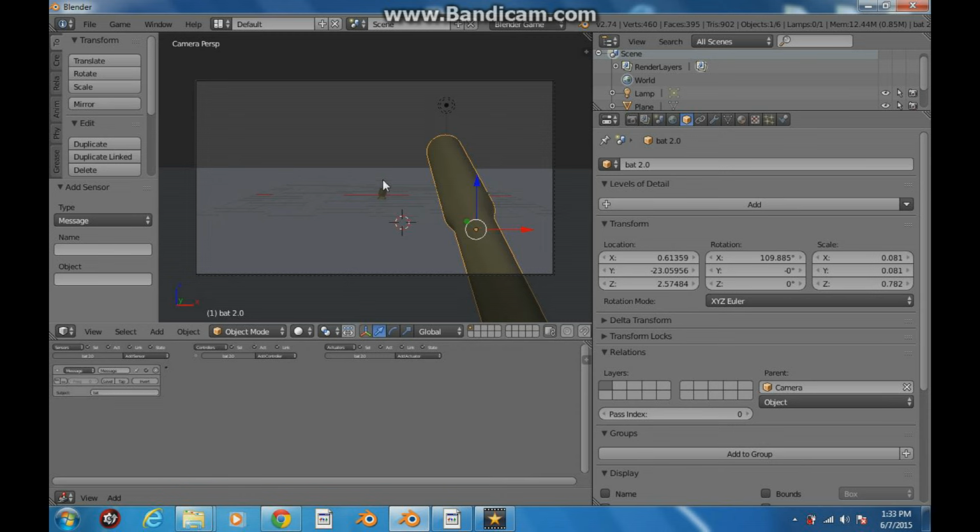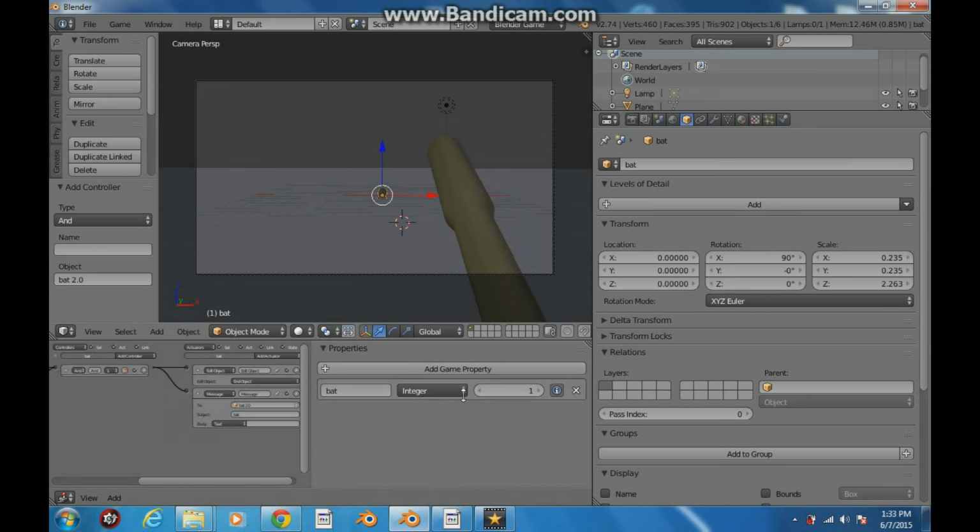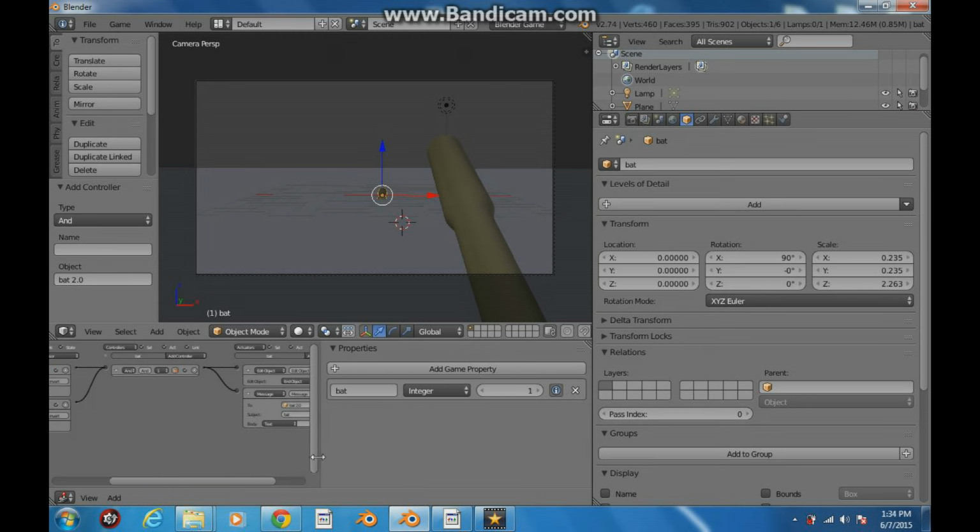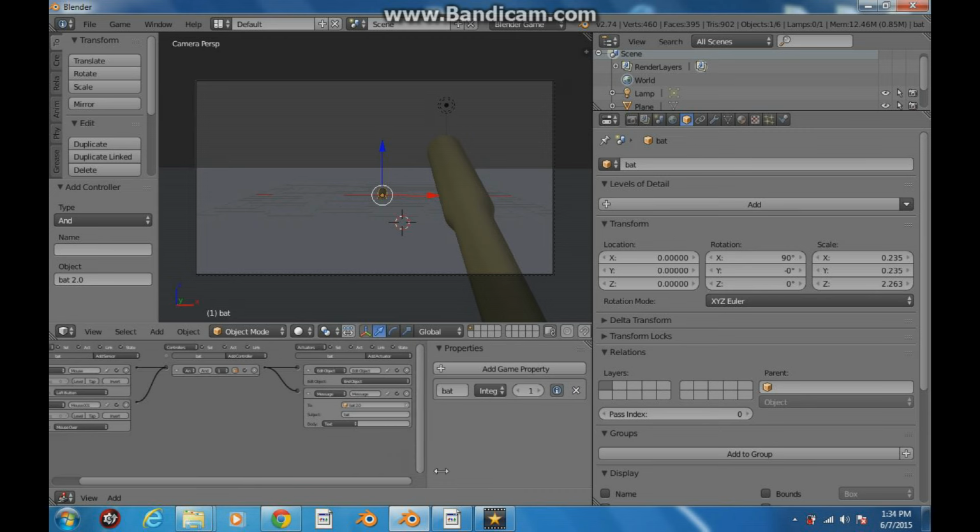So now whenever it ends itself, it sends a message to us, which in this case is going to be its visibility thing. So if this gets the message, we want to set up a visibility, and we want to keep it visible. So we just pull that over. I've also set up on the bat a game property, and I called it bat, and it was an integer, and I set it to 1, and I clicked the information button. The information button, as you guys should know, shows debug properties. So we pull this thing over,